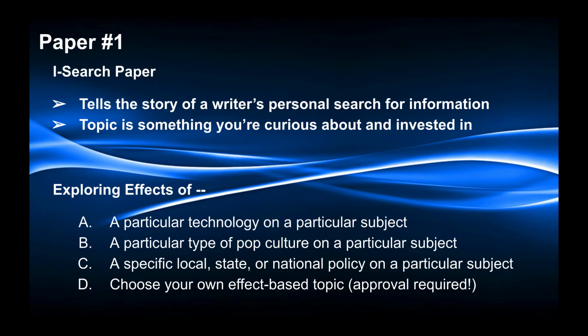And C gets a little political, so a specific local, state, or national policy's impact or potential impact on a particular group of people or on the economy or something like that. C is going to be tricky. You do have to be quite specific, and you also have to choose something that you are curious about, not something that you're totally set in your ways about and will have difficulty checking your own bias on as you explore and as you look for sources on both sides.